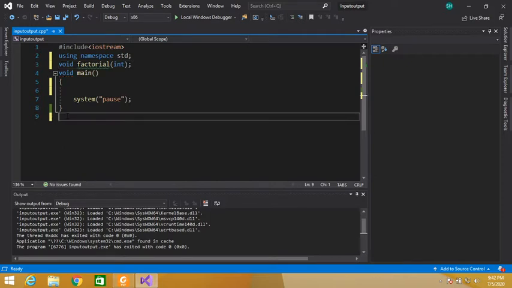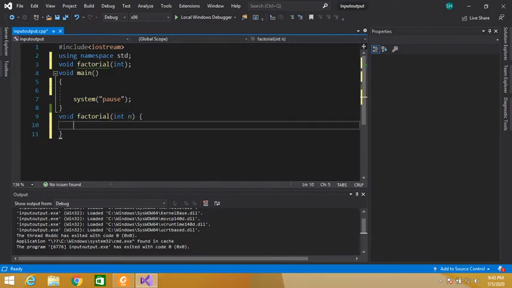After the main function we have to write the definition of our function: void factorial, and in parentheses int cn. So this function accepts a single parameter.